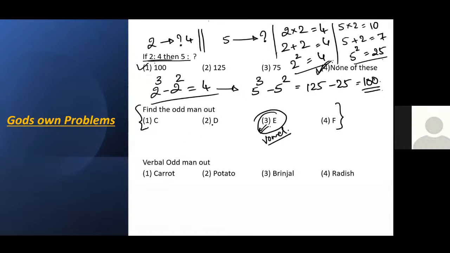So I have one more explanation as to why it could be E. If we compare the alphabets to the number system, which is 1, 2, 3, 4, 5, E is 5, which is an odd number. So that way it can also be C. C is 3. Yes, an odd number. Oh, you are on mute, Ashmita. So fine. Someone said D as an answer. Did anyone answer D? I heard someone saying this as an answer.